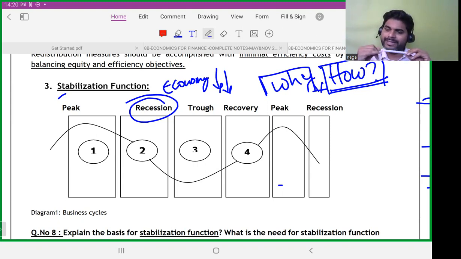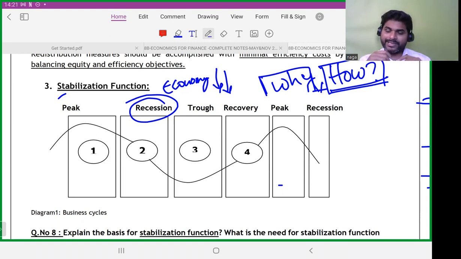Now you must be reading a lot of news that Apple, Amazon, Facebook, Twitter, all of them are removing employees. There are a lot of layoffs in top companies across the world, not just at one place. So there is a lot of discussion around this recession.